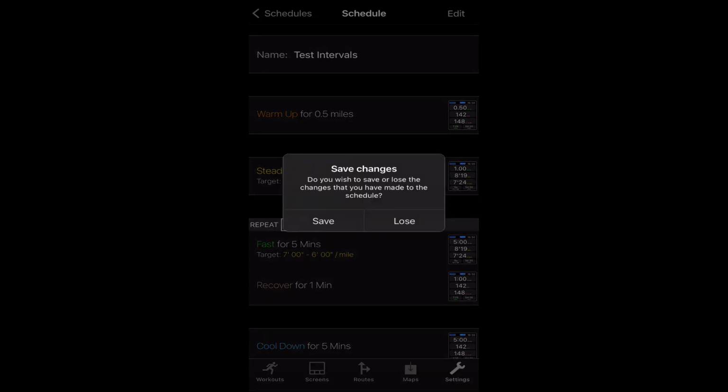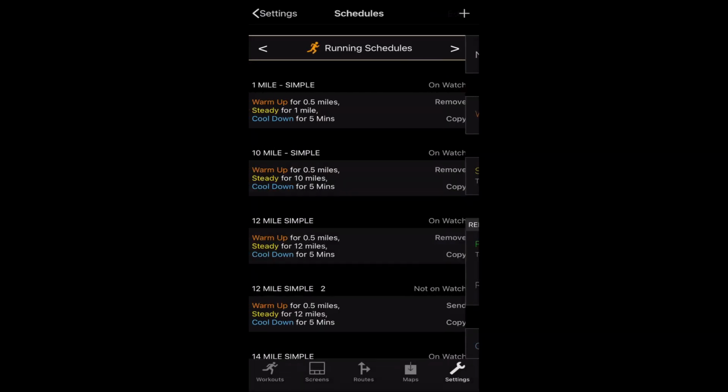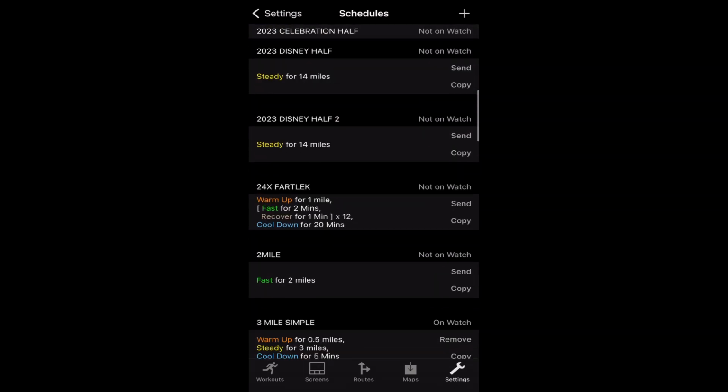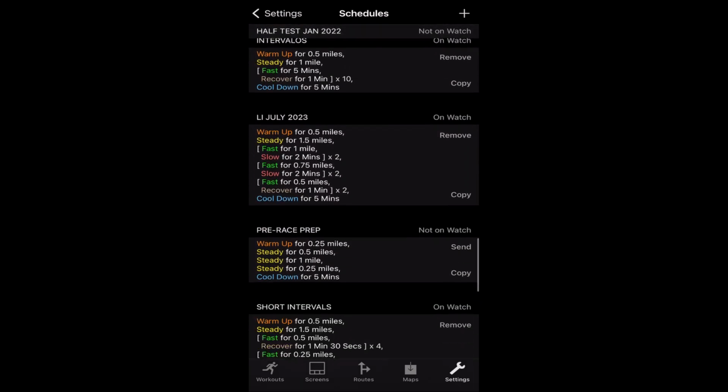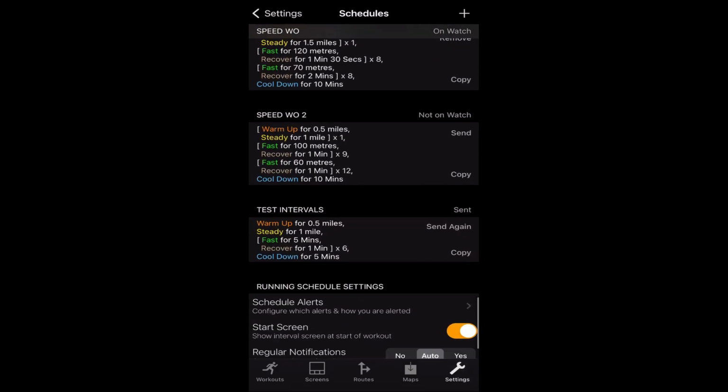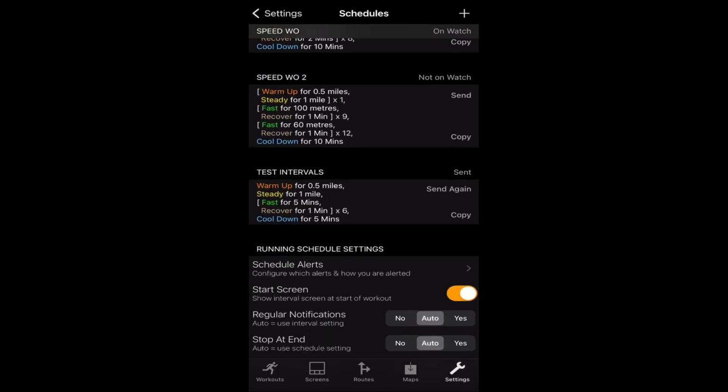There you go. Once you go back to schedules, you choose to save it, and then you search for it. In this case, it's gonna be test intervals right here. So it automatically sends it to the watch. It will be there waiting for you, and that's how you do it. Now